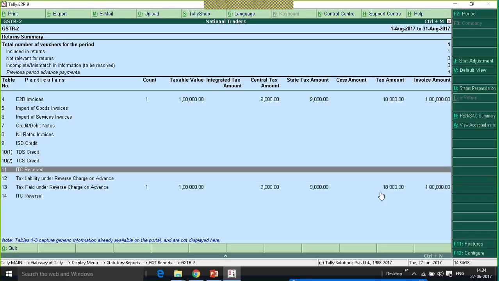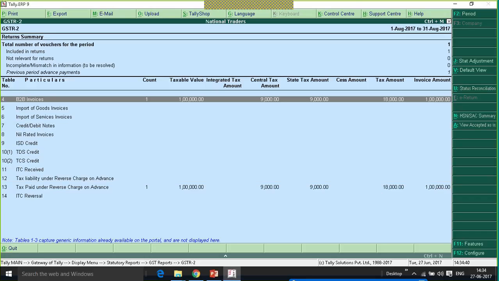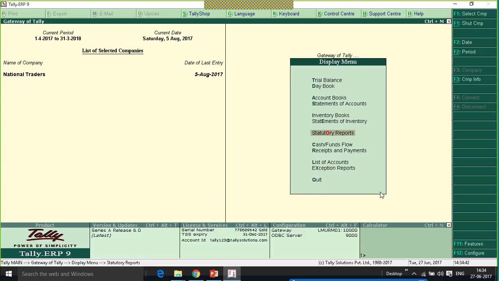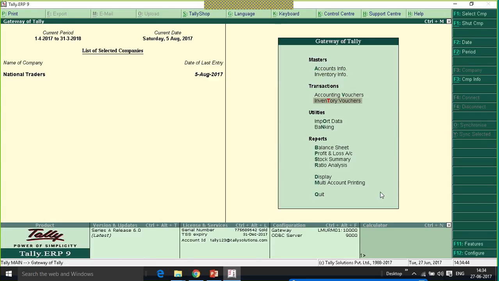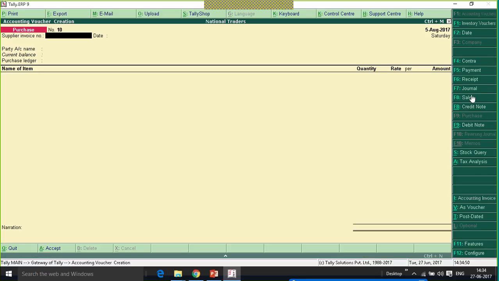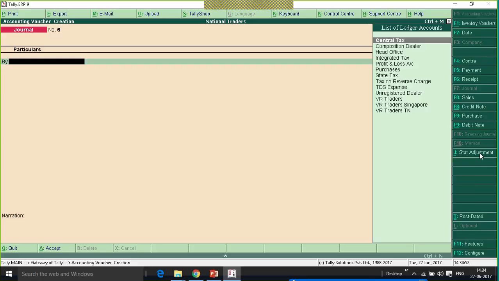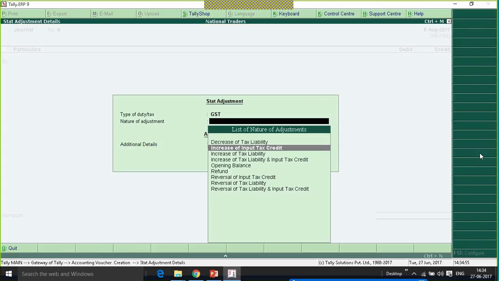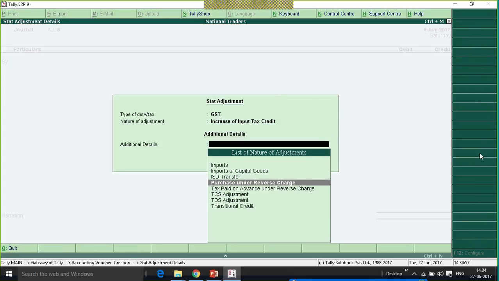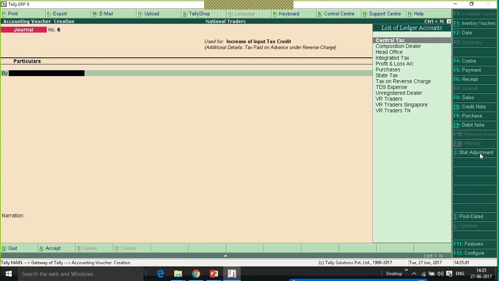Now, after making this inward supply in the current month, we have to raise the input tax credit for the tax paid amount. So I will record accounting voucher journal with tax adjustment, increase of input tax credit, and I will select tax paid on advance under reverse charge.